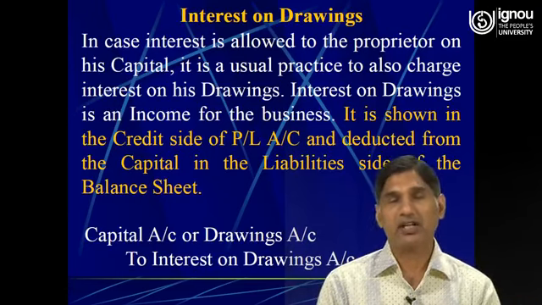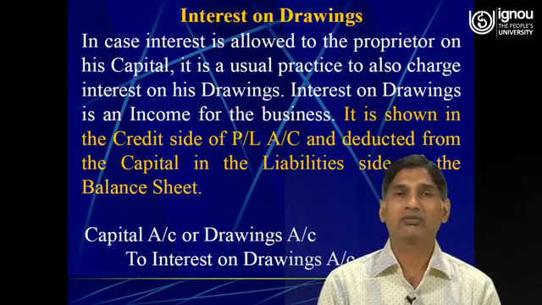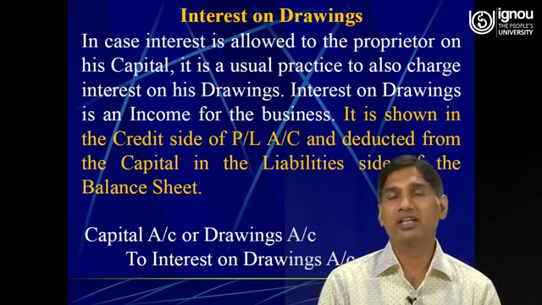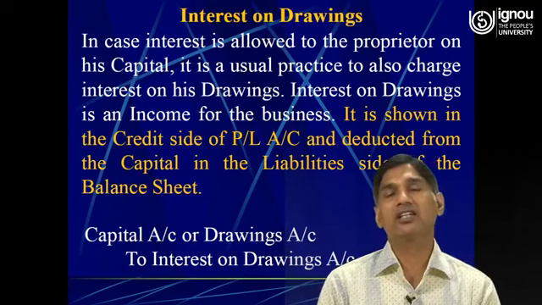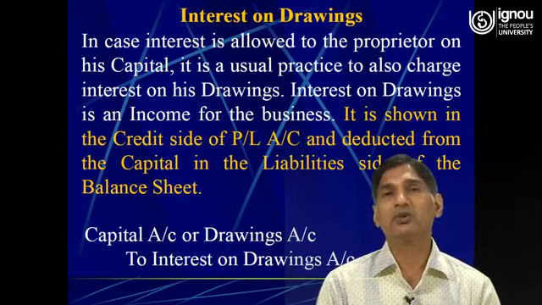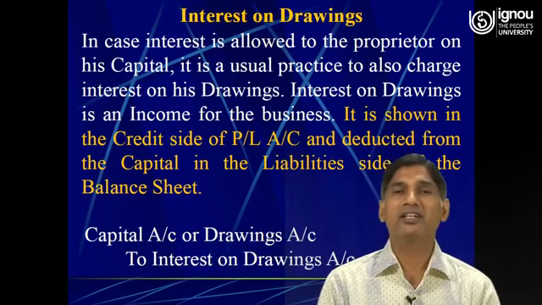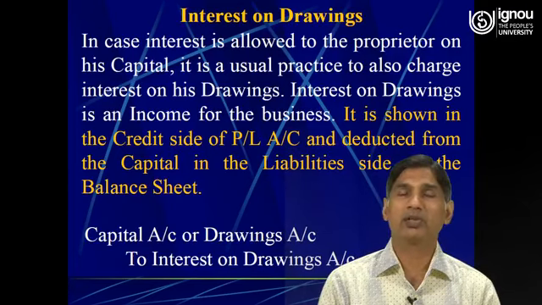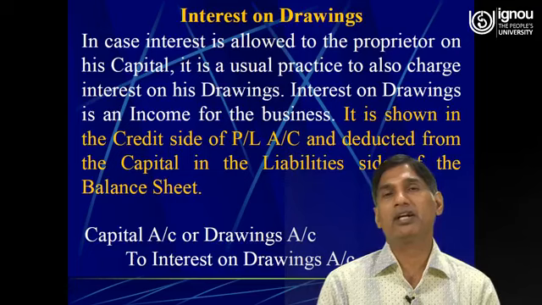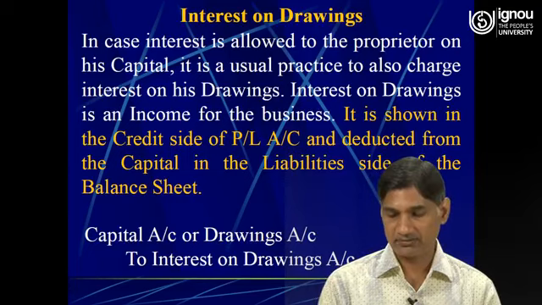Capital is a personal account, and it is shown on the liability side of the balance sheet. It has a credit balance. So, when we debit the capital account, it means that the amount of the capital is reduced by the same amount, and interest on drawing, since it is an income for the business, as per the rationale of the nominal accounts, any income and gains are to be credited.